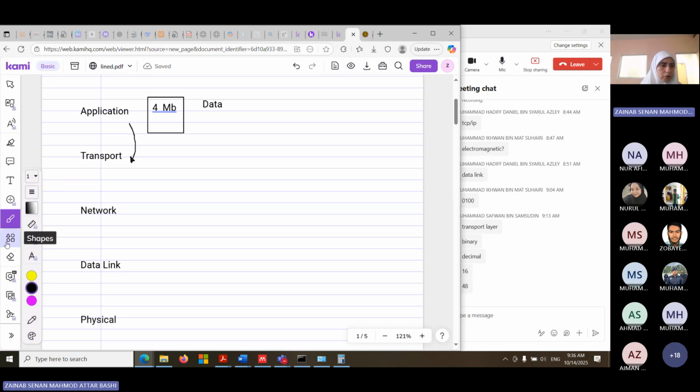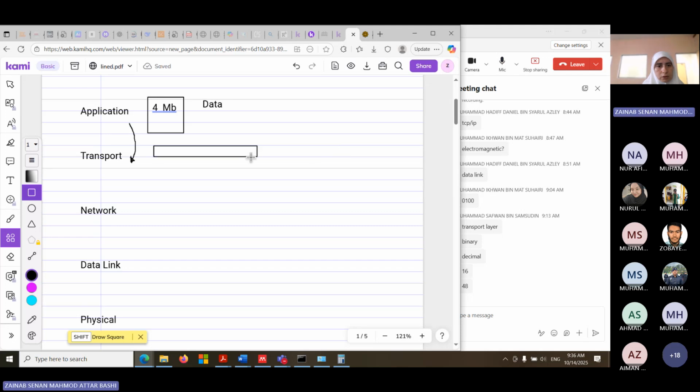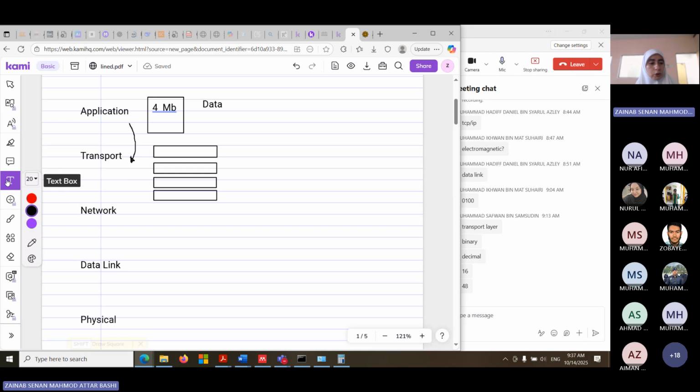First of all, this picture will be segmented into smaller pieces, because we cannot send the 4 megabytes altogether on the internet. If we do that, it will cause a lot of problems. We don't have to worry about those problems, but that's just not how things happen. We have to cut it into smaller pieces. So what do we call these pieces here? We don't call it data anymore. At the transport layer, it has another name. Anyone can tell me what the name is?